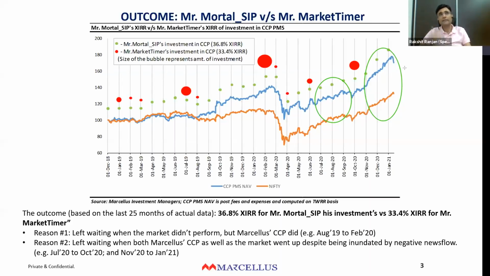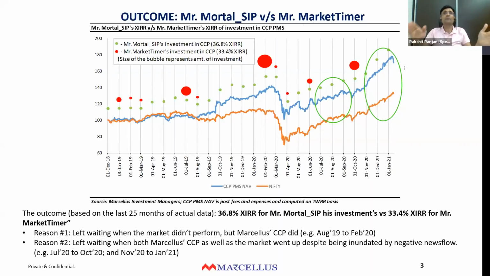This month, if there is a negative market movement, then Mr. Market Timer will get excited, right? And I'm sure if some of you are aligning with Mr. Market Timer's thinking, you must be getting very happy, excited about the fall, right? Because here comes the fall, I will get to invest at a lower level. But look at it like this, that Mr. Market Timer still would have lost the opportunity to compound over the last 3 months.